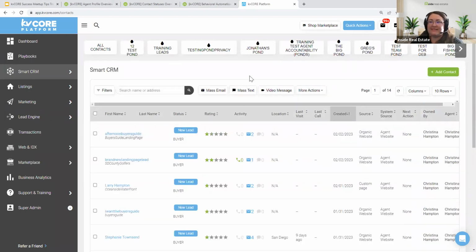Okay, so what this rating system is, this is automatically updated for you. You do not need to update this. If you choose to update this yourself, you will not break it, but you will stop our automatic updating system, which is okay. I just want you to know that. With my star ratings, it is based on behavior. It's a predictive score. It's how strong we think this lead is based on the behavior they've been doing.